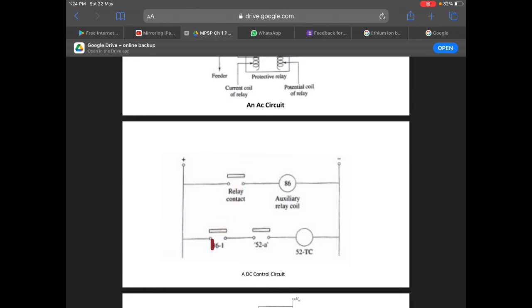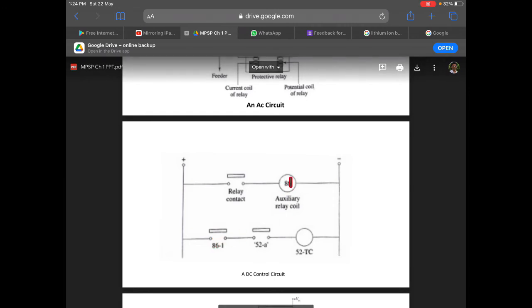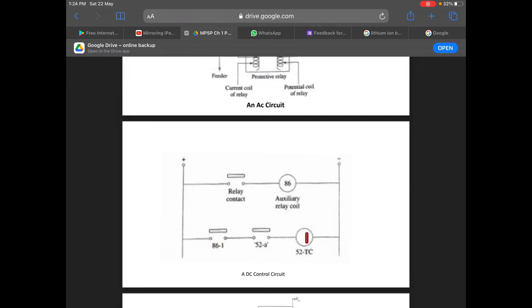When this is closed, this is also closed. Now for 52A, just know that when this is closed, this is closed, that's it. And when this operates, this also operates. This is what you need to know. 52A is open when this is open, and closed when this is closed.